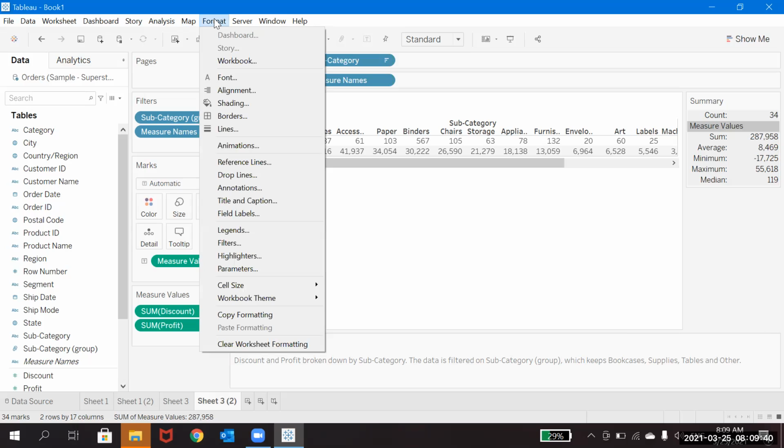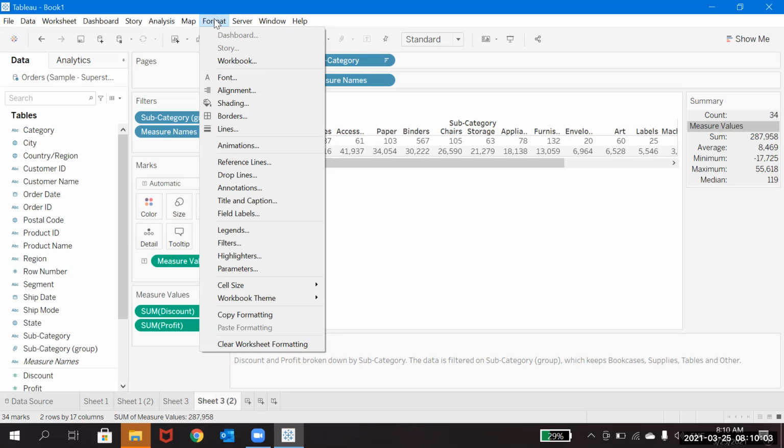And the next one is the formatting. See, we'll just create some random visualizations and everything, but at the end of the day, when you want to present it to some user, you need to make it good and a little beautiful. You want to do some kind of cosmetic changes, so you will make use of these format options.